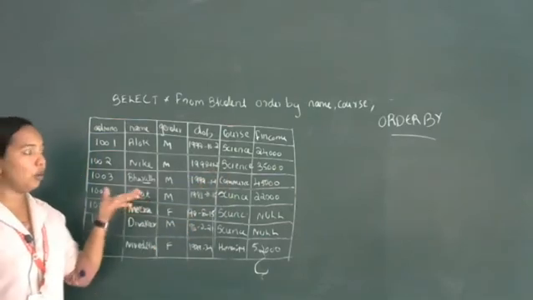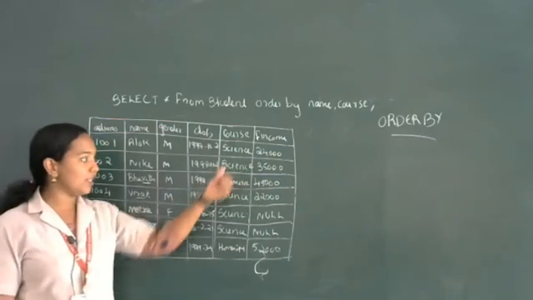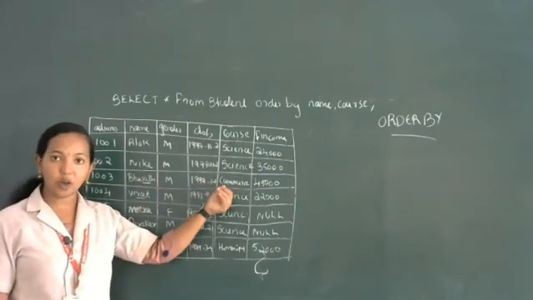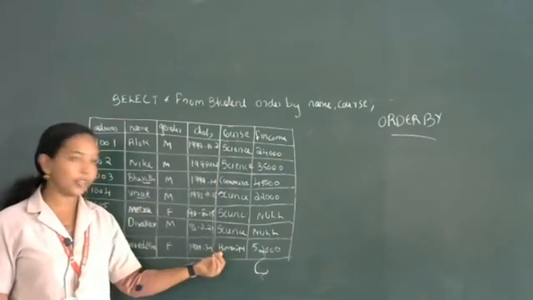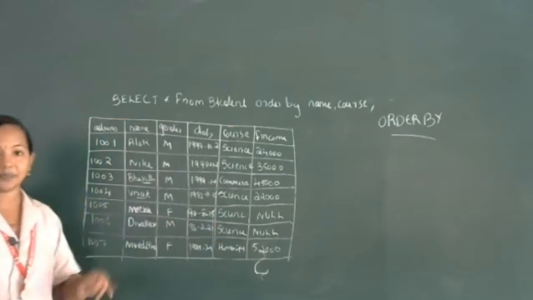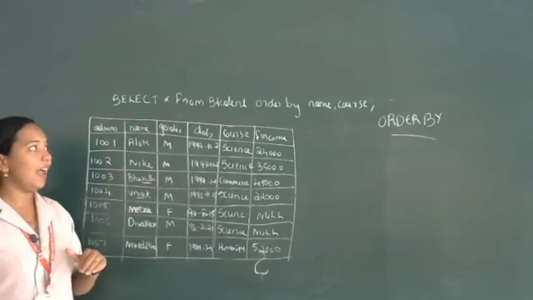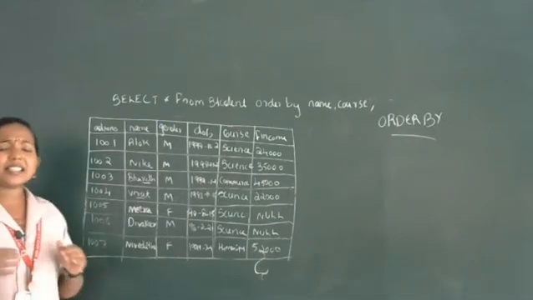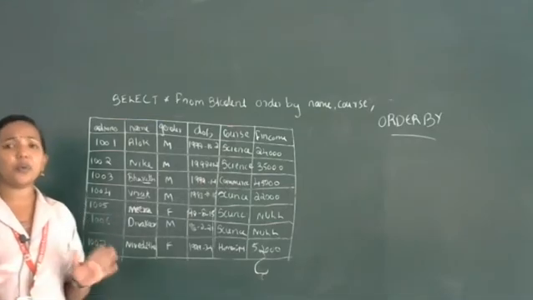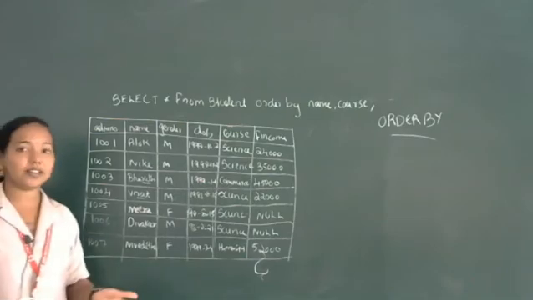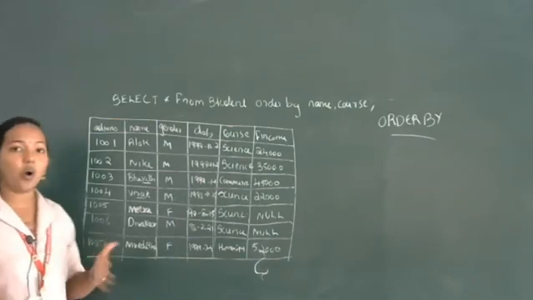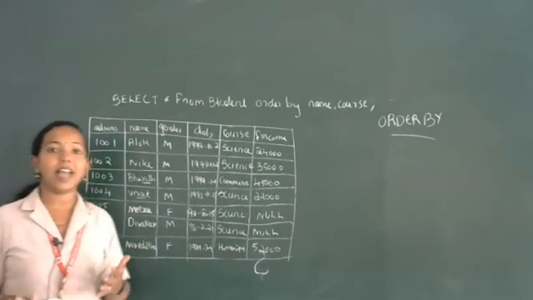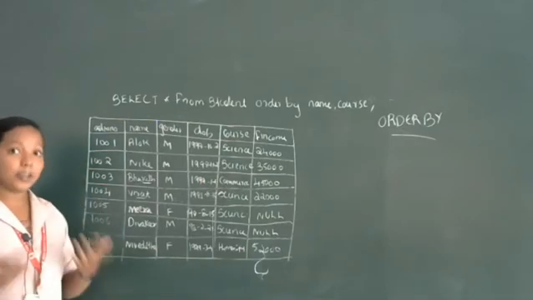Clear? Both the values. Now, it is Science. Which one comes first? Commerce comes first, and after that Humanities, then Science, if it is sorted in alphabetical order. So if it is character or text, you don't need to mention ascending or descending order. If you specify ORDER BY name, alphabetical order will come automatically.